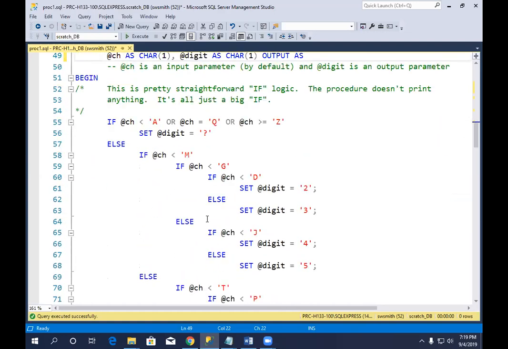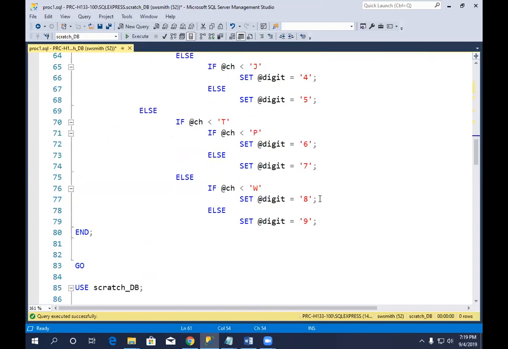If you look through this logic, you'll find it finds the correct letter on the keyboard using 3 comparisons. It's very good if logic. So it checks, is it less than M? If it's less than M, it's got to be down here. Then it says, is it less than G? Well, then it's got to be the bottom half. Is it less than D? Then it's got to be a 2. And so on. And I just go through that. And at the end,